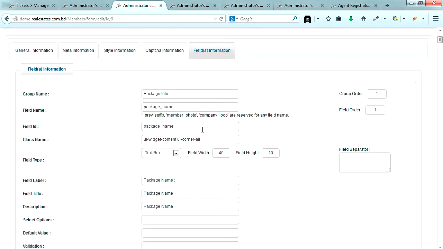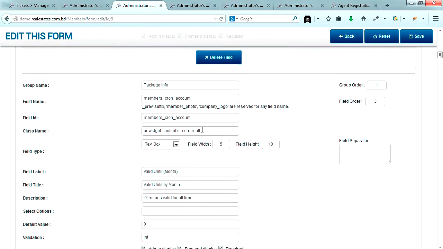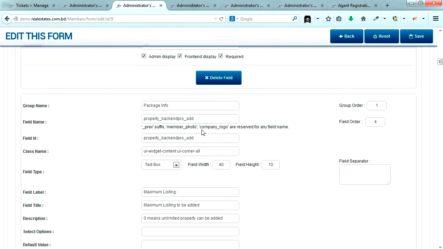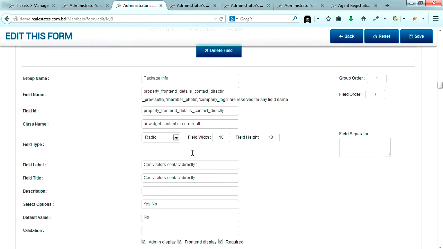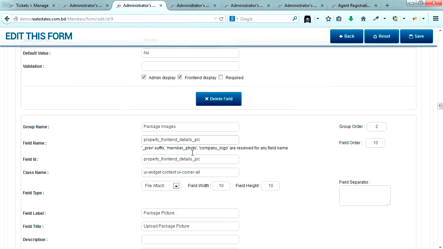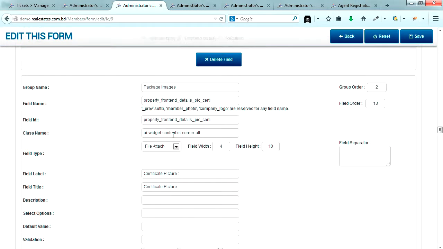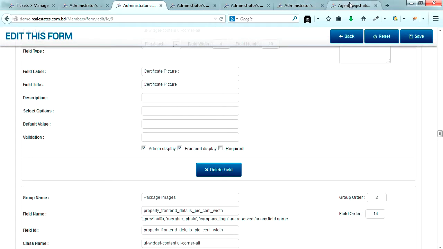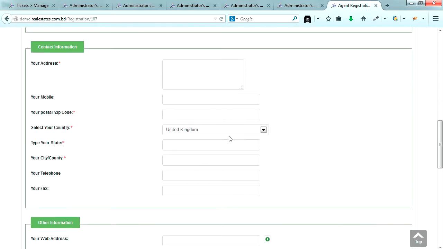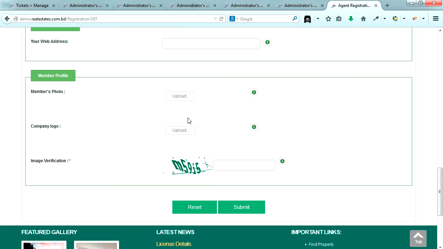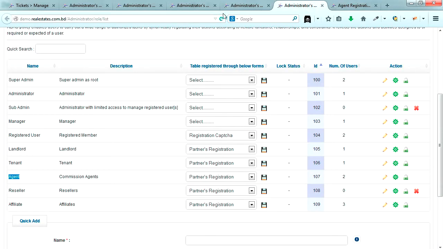And field information, as you know, this is the list of the fields. You can scroll down, you can make some changes if you want. You can delete one field or add a new field and customize the form according to your desire. So make sure that the field name and field ID remain the same and case sensitive, with hash, underscore or hyphen allowed. This is how the form has been created, and these fields create this nice form. So you can customize this form.